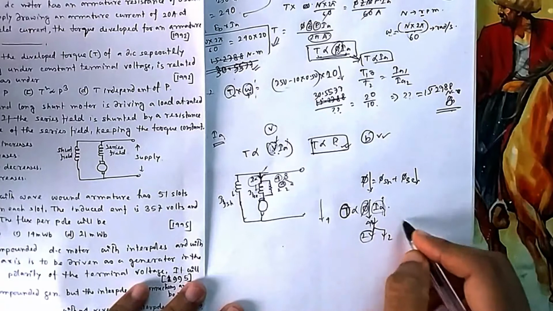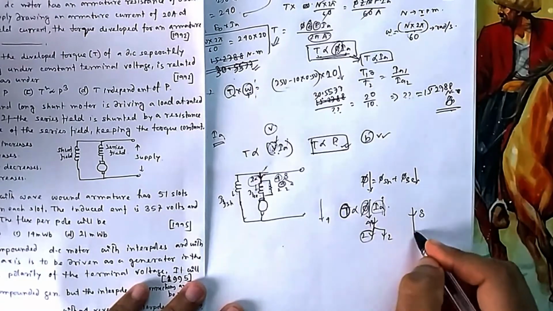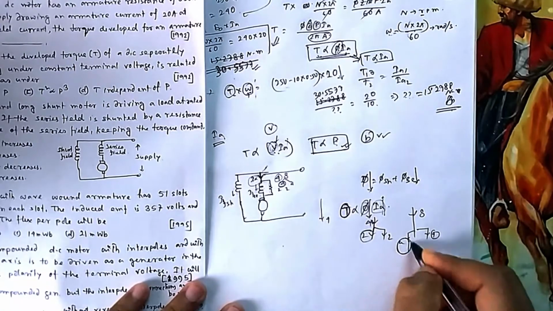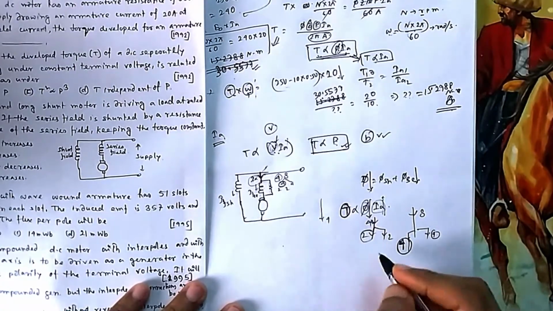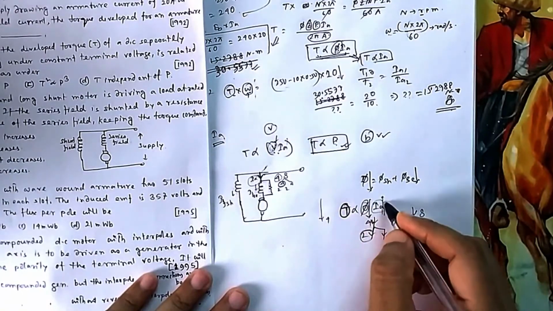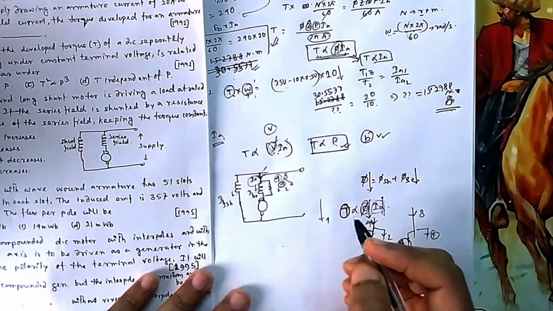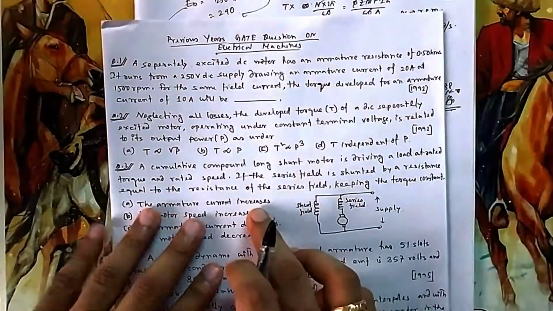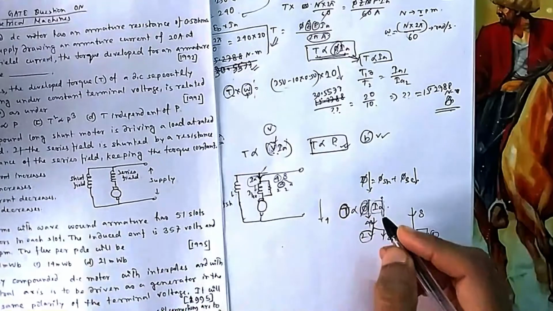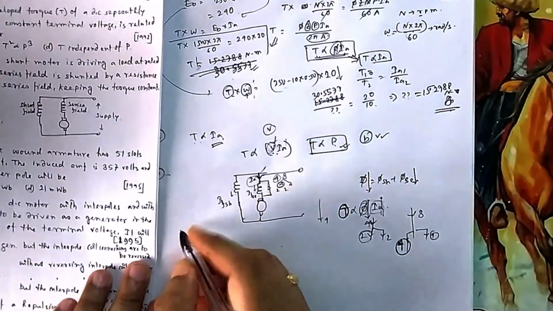So to make it 2, you make the original current 8, so that this branch also gets 4. This branch also, because I need to fix this branch, phi. Because it is reducing, so it will increase. Once it increases, then it will come to its original place, then you can see both will settle at a new point. So that means your armature current will increase. In order to make that, because it is reducing, that's why it will increase. So that is option A.